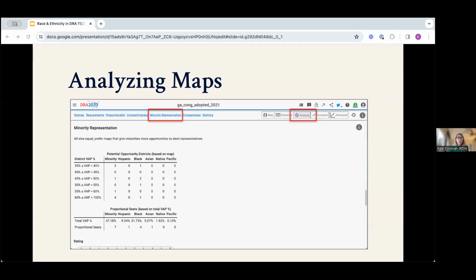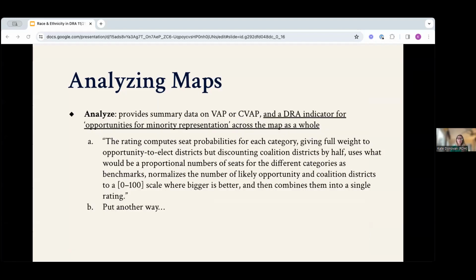The top table shows you the number of districts within certain percentage ranges of, in my case, VAP, but it could also be CVAP if you selected that. And this is for each racial and ethnic group as previously defined, and then all minorities together in the first column. The bottom table gives you these values, but statewide, rather than making predictions district by district and summing them up. Georgia has 14 congressional districts, and minorities make up nearly 50% of the VAP, so this predicts, with some rounding, 7 seats.